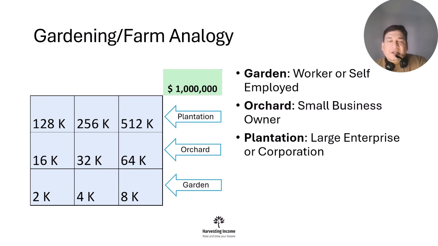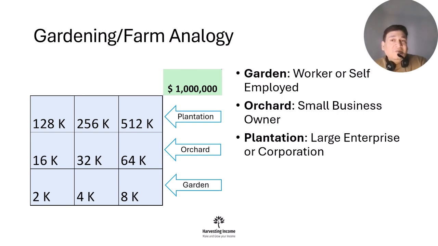You are actually crossing the median level of income, and you are financially secure. And when you're in an orchard situation, you could be a business owner, but at the same time, you could also have some side gigs or extra work that you get as a contractor. But mostly you're focused on the business income, not like a worker trying to spend a lot of hours and get paid low. You have come out of that level now.